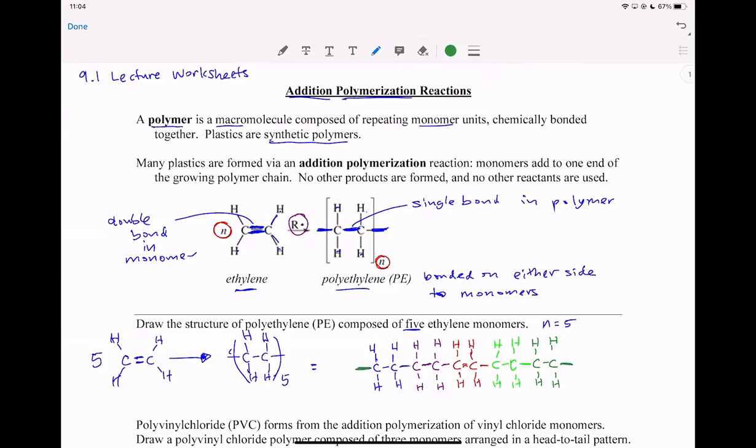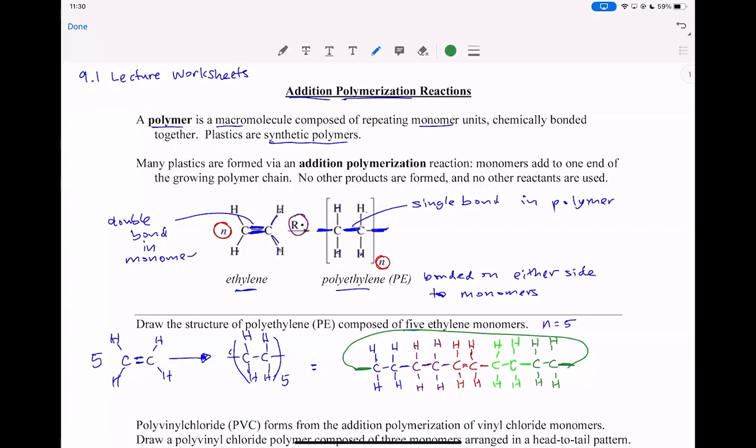And there are bonds on either side that you can keep open, because what happens at the end of the addition polymerization is that you have a very long chain. You don't have 5 of these, but you might have 500 or 5,000. And at the end of the polymerization, when you've used up all of the monomers, the chains will link up. So this would actually be linked up like this if you have 500 or 5,000. So that is the starting